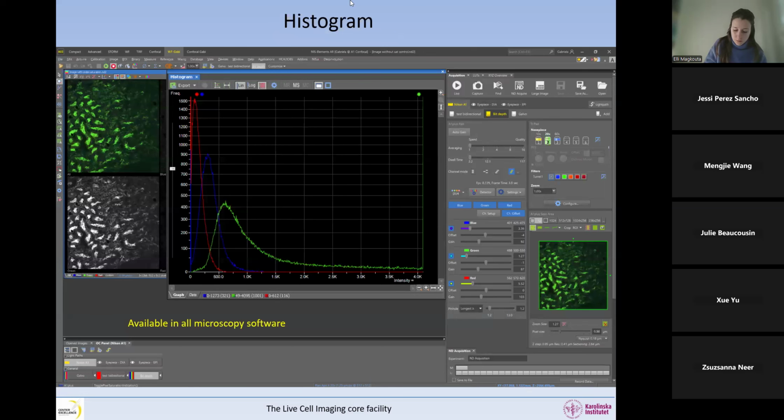So now we're going to look at the histogram. And the histogram is also a very good tool for you to check if you have correct settings. This is the histogram in this Nikon software, but it's available in all microscope software. And what the histogram shows us is, for each intensity in the image,